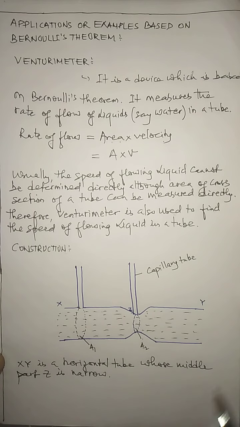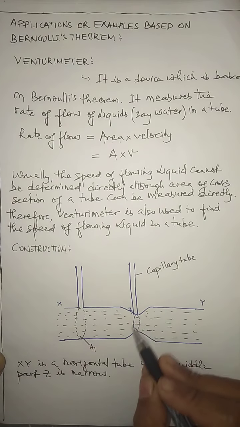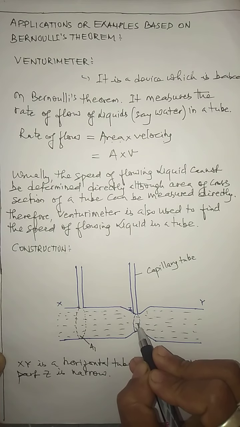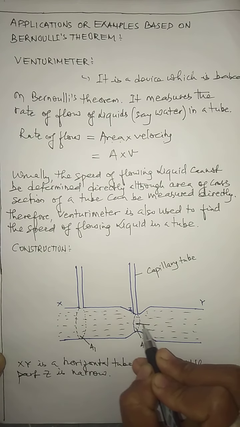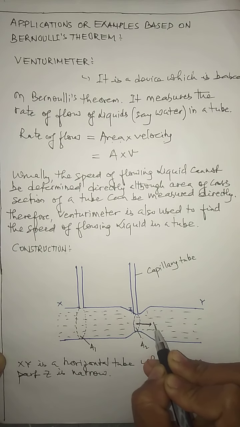Now children, as you have learned, when liquid flows through different cross section areas of the tube, the liquid flows with different speeds in different cross section areas. As per the principle of continuity, you know that the smaller the area, the larger the speed with which the liquid flows. The larger the area, the smaller the speed with which the liquid flows. So this area is smaller. So definitely at this cross section, at this point, the liquid flows with a speed, and that speed let me just consider as v2.